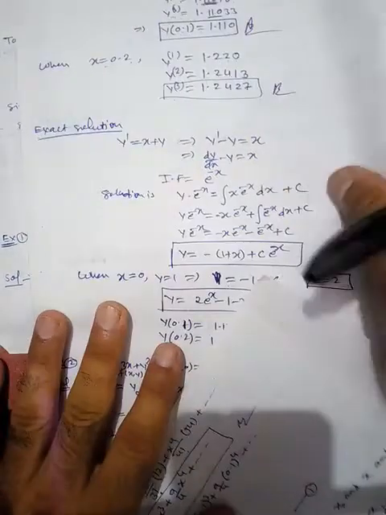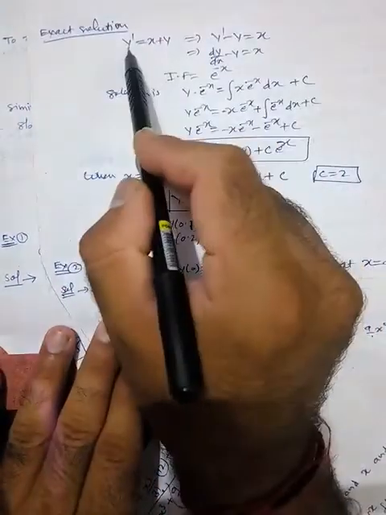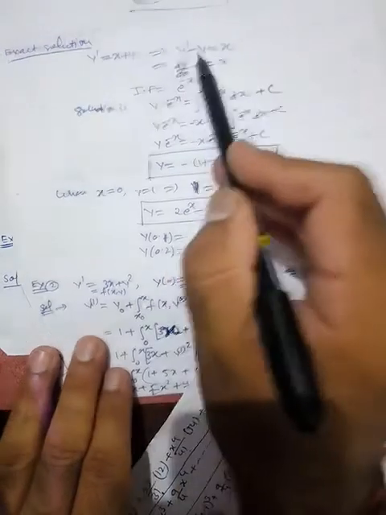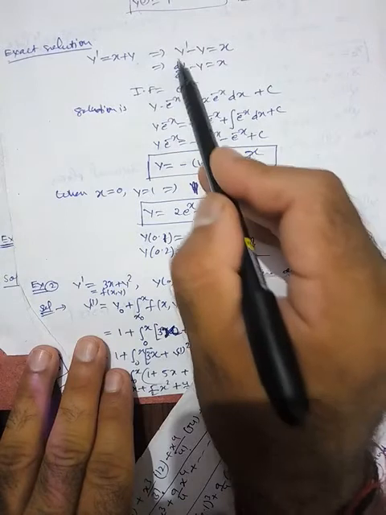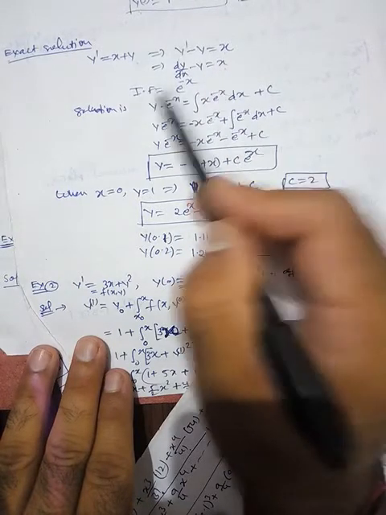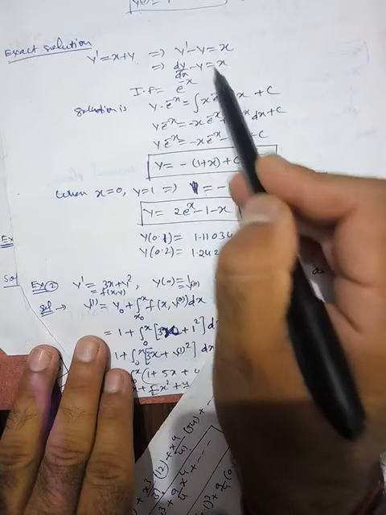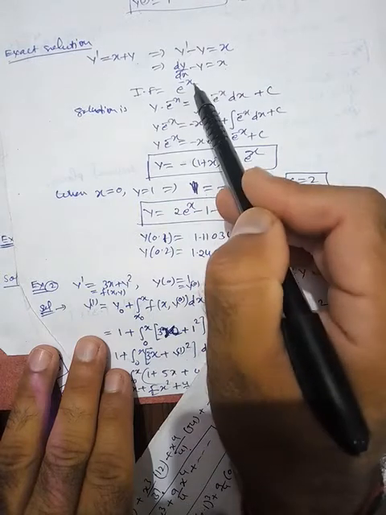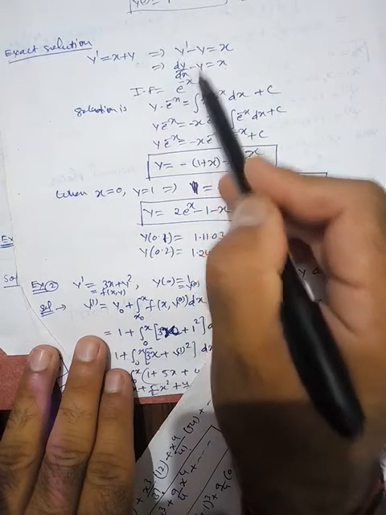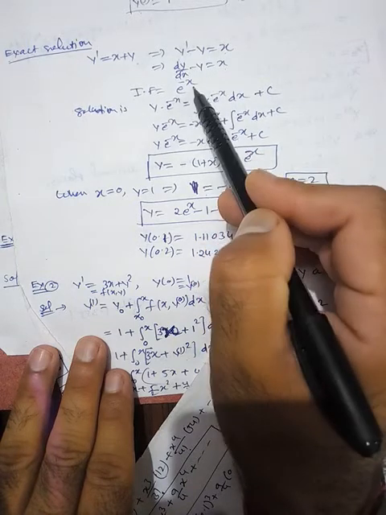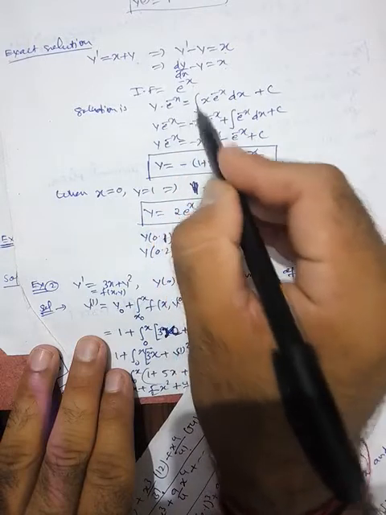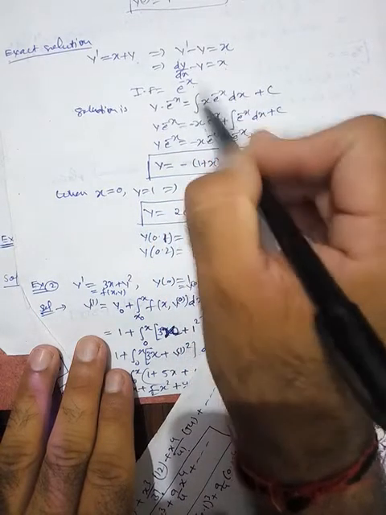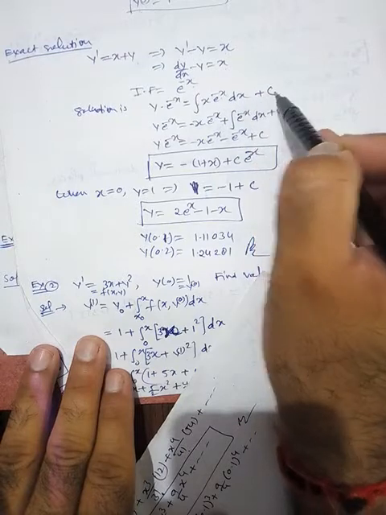Fine. Now if you compare the result with the exact solution, what is the solution? This is the initial equation, which can be rewritten as the linear equation y' minus y is equal to x, that means dy/dx minus y is equal to x. What is the integrating factor? The integrating factor is e raised to the power minus x. So now the solution is y times the integrating factor equals the integral of the right-hand side multiplied by the integrating factor dx plus some constant.